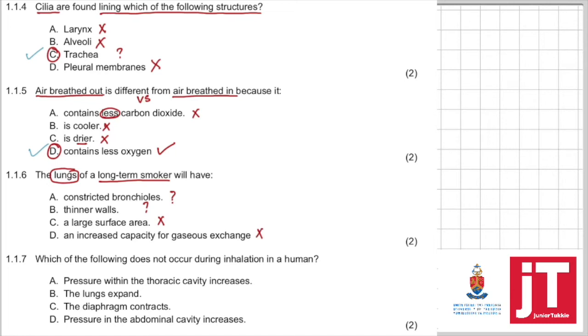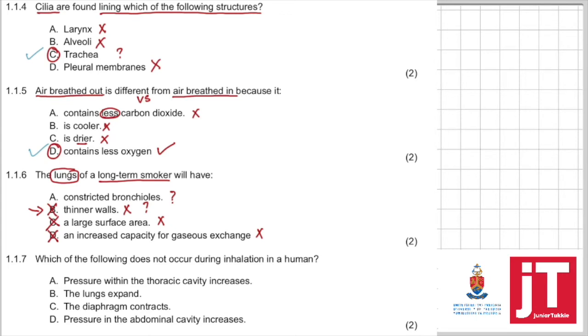So now we know we're eliminating C and D, because a long-term smoker is actually reducing the gas exchange surface area, which is decreasing the lungs' capacity for gas exchange, which means an increased capacity for gas exchange can definitely not be the option here. So we're looking to eliminate D, we're looking to eliminate C. So what we're left with is constricted bronchioles and thinner walls. Now, which one adds to the efficiency of a gas exchange surface? I would say that thinner walls would probably aid in gas exchange. So I would be inclined here to eliminate B as well, which means constricted bronchioles would probably be the answer